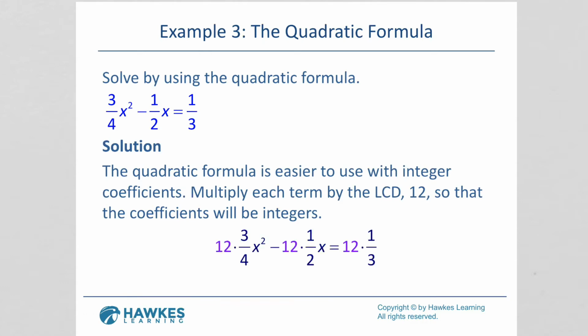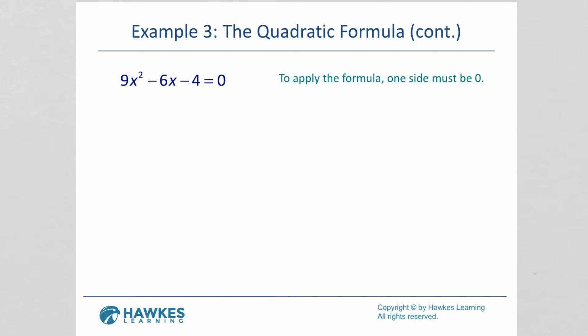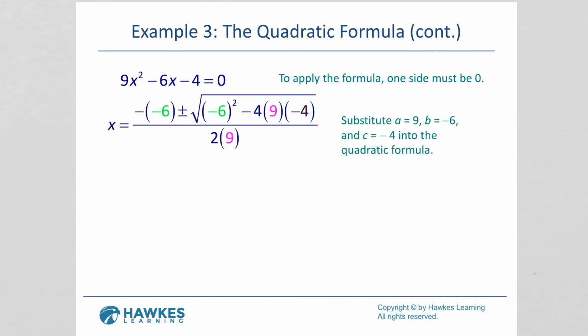So I take 12 times 3/4 x squared minus 12 times 1/2 x equaling 12 times 1/3. That gives me 9x squared minus 6x equals 4. Now I'm going to set it equal to 0, so that's 9x squared minus 6x minus 4 equals 0. Putting this into the quadratic formula where a is 9, b is -6, and c is -4, we have x equals the opposite of -6 plus or minus the square root of -6 squared minus 4 times 9 times -4